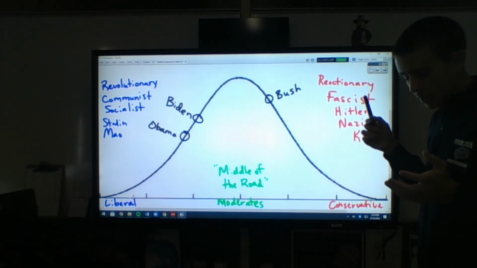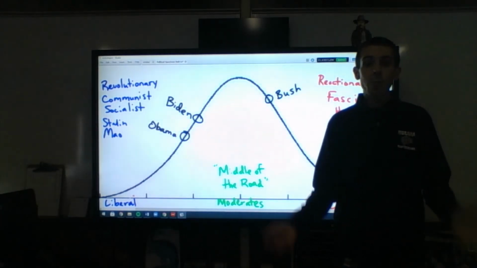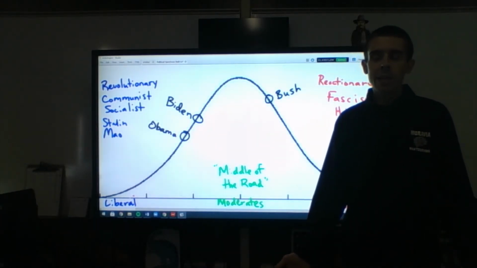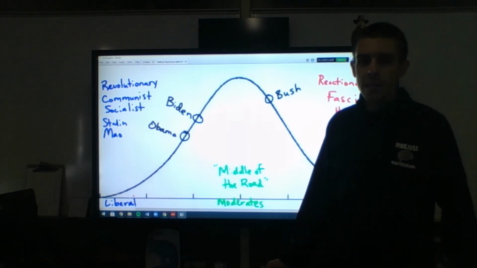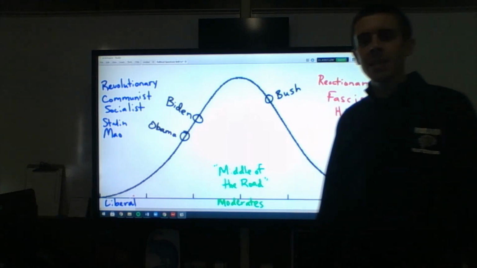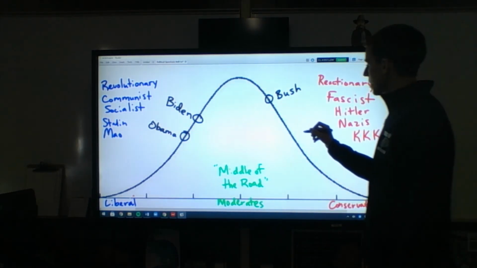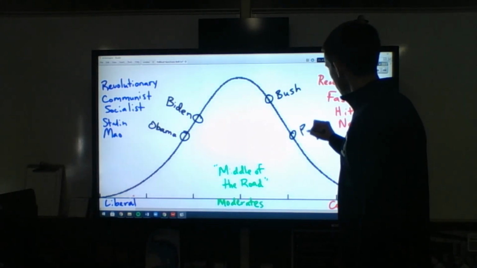You might remember somebody like Mitt Romney. Maybe you remember who he is. Mitt Romney ran for president 8 years ago at this point, so maybe you heard about him when you were in like 4th grade. But Mitt Romney ran for president on the Republican side, and he was a pretty conservative guy. So I'm going to put him somewhere over here.